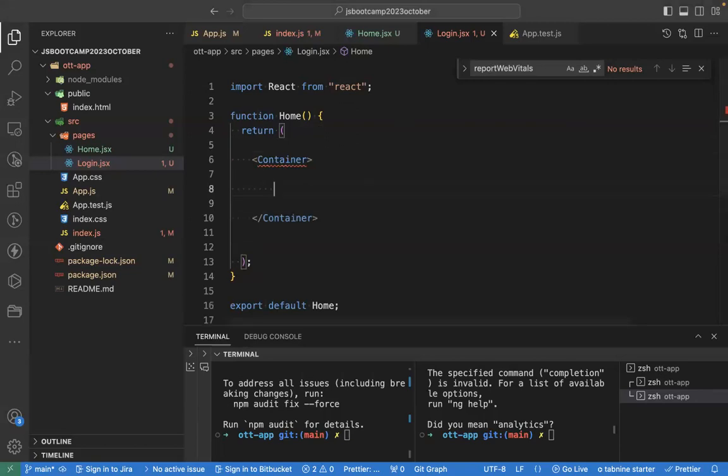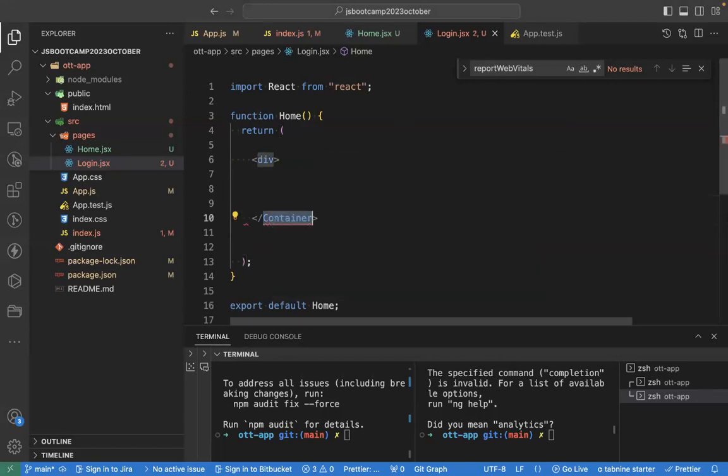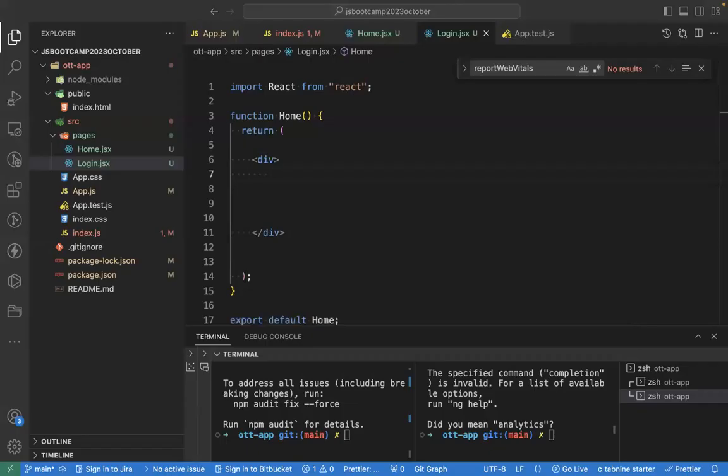So either you can use a container, or first let me go with a div, then we will go to Bootstrap in a separate class, because we'll talk separately about CSS. Okay, for now just go to the distribution. But here what I want to do is put some background image to my login page. Okay, so I would say,